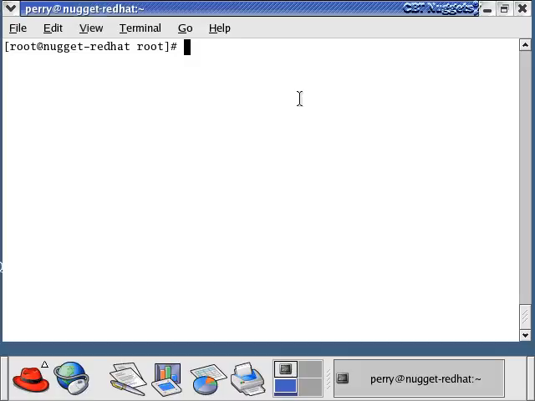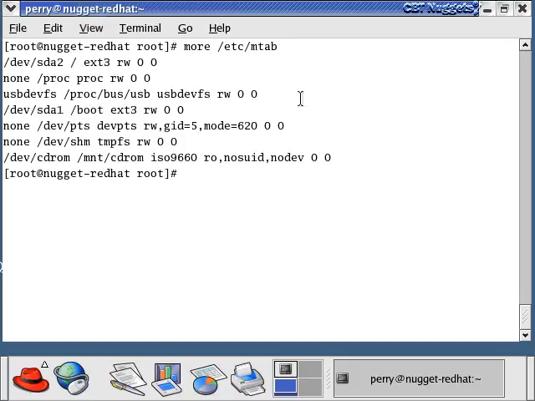Now, a sister file to the /etc/fstab file is the /etc/mtab file, and this is actually telling you which devices are currently mounted on your system. And it tells you whether they're read-write or whether they're read-only, things like that. So you can see /dev/sda2, which is the / file system, the root file system on my system, is mounted as a read-write file system,